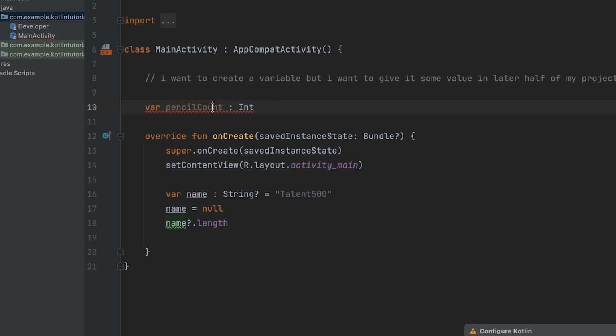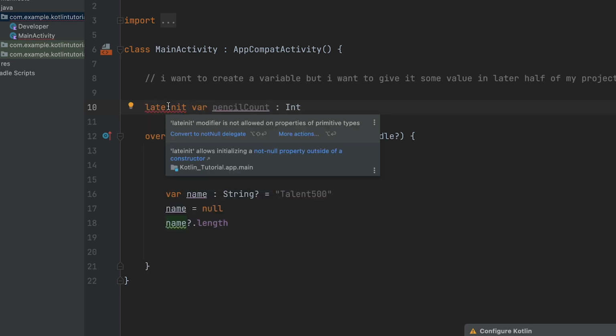I mean, you should give some value to it, but I, let's say, want to give it a value after some confirmation from the user or any such thing, right? So in that case, I want to give it a value but later. So I will use the lateinit keyword.